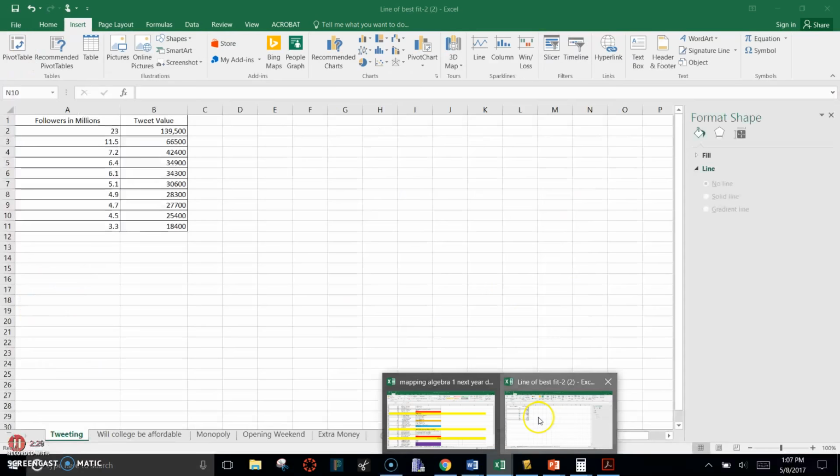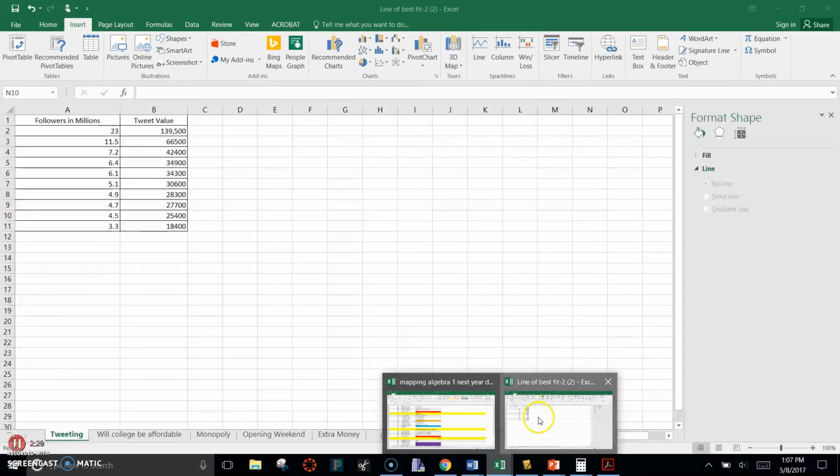So if you look here, that's what's going to be on the PowerPoint. I'll kind of go through that. What I want you to do though is click on the line of best fit document, and then I also want to click on this docx. First thing I want you to open up is the line of best fit document, and I want you to go all the way over. You're probably starting on this tab with extra money. I want you to go all the way over to tweeting, and you're probably going to have a graph like this. I want you to delete this graph,